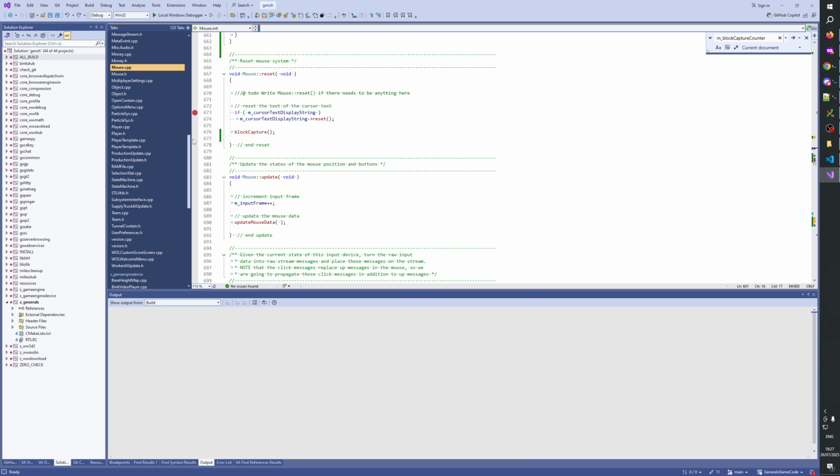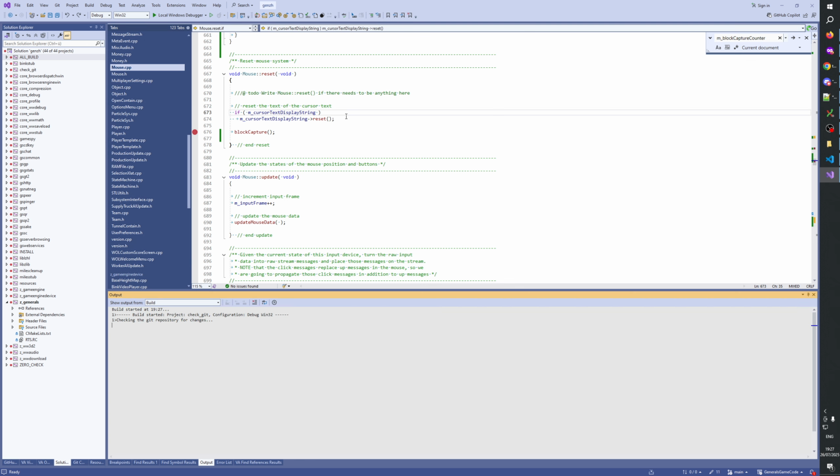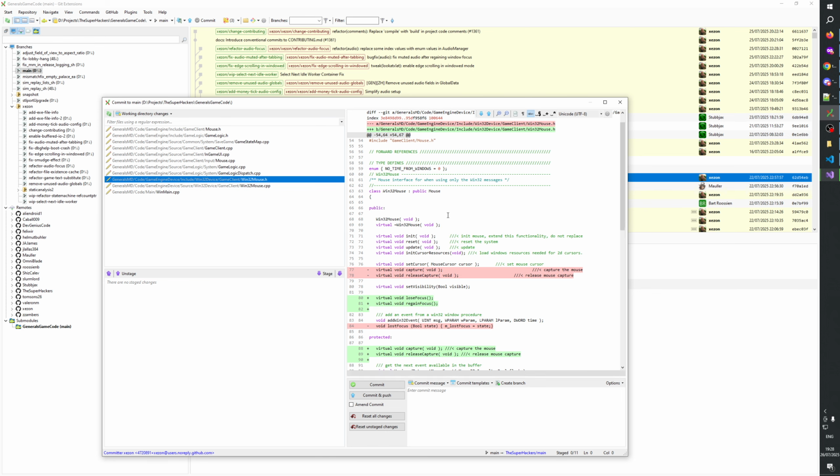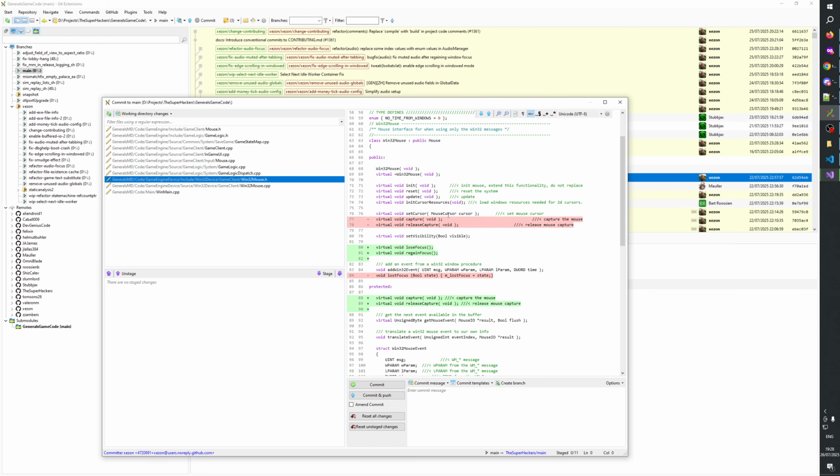Oh, I'm not sure what I'm doing here. Let me test this. It's quite delicate. Or intricate, let's say. Not delicate. Intricate. Lose focus. Lost focus. Lost focus.